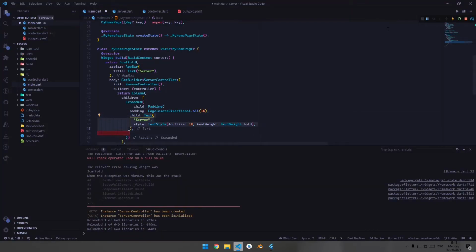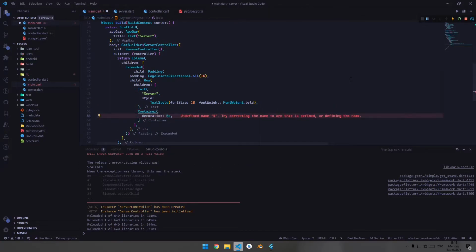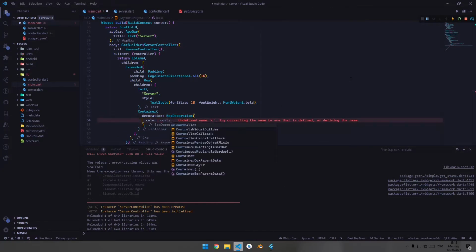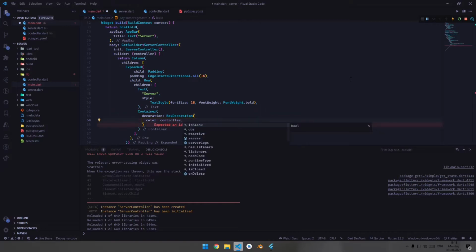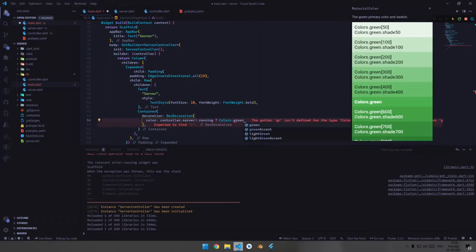Okay, so for that let's wrap this text widget inside a row, and let's say container, and let's give it a decoration, BoxDecoration of color. If the controller dot server, if the server is running, we will give the background color as green.